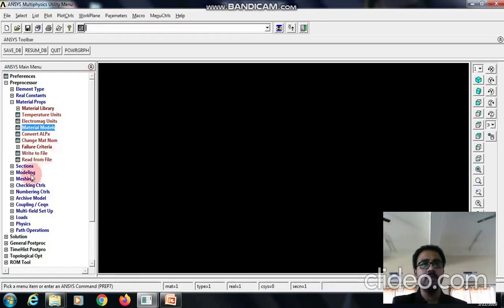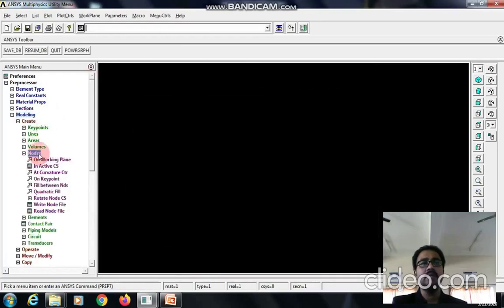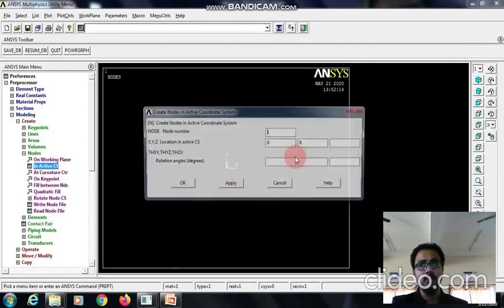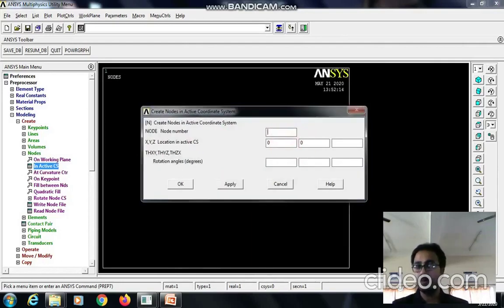We can close this. Now go to modeling, create nodes in active CS. For node 1, it is 0, 0, give apply. Then for node 2, it is 85, 0, apply.